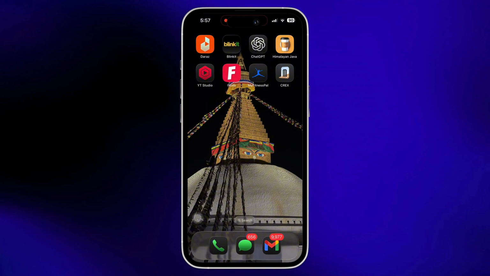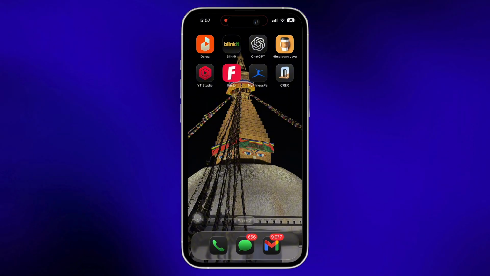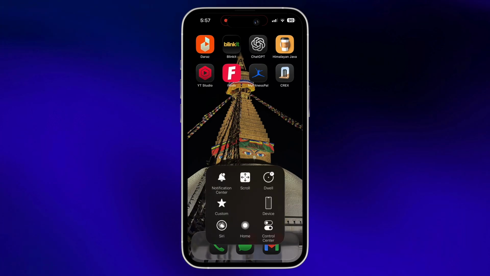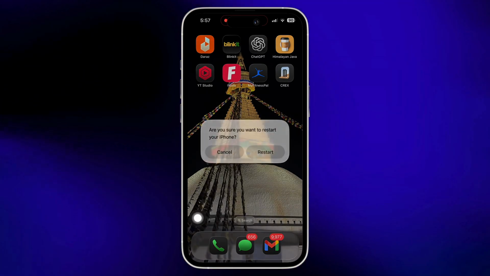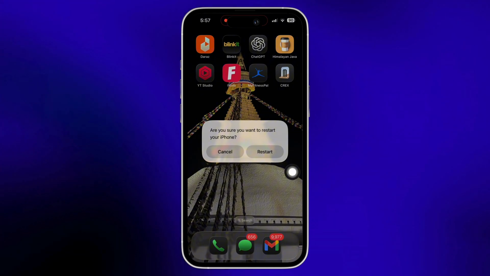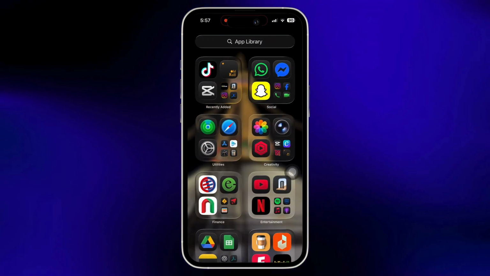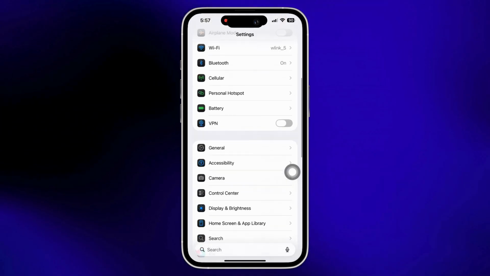And in order to break the rotation glitches, you can try to restart your iPhone, as a simple restart helps in fixing the majority of minor glitches on your iPhone. See if that helps you in fixing your issue, and if not, then launch the settings application on your device